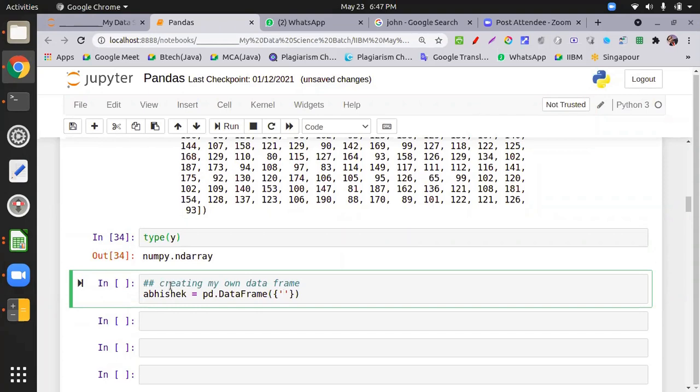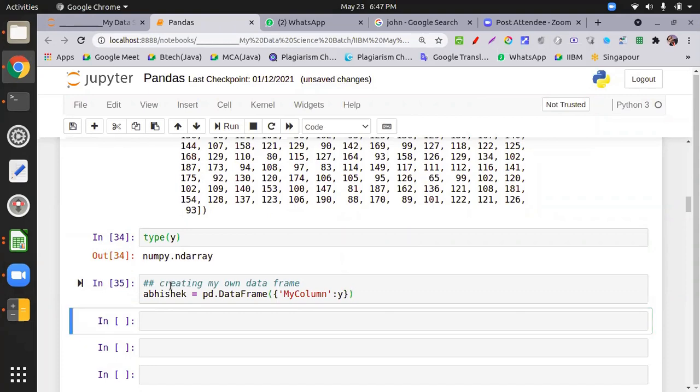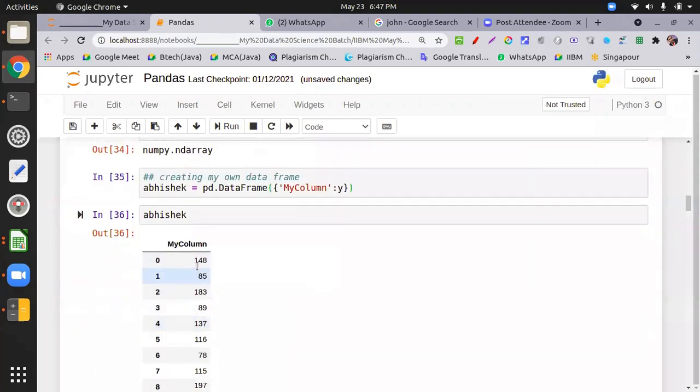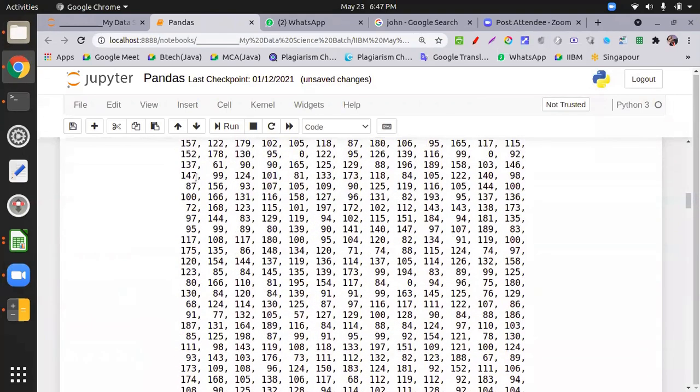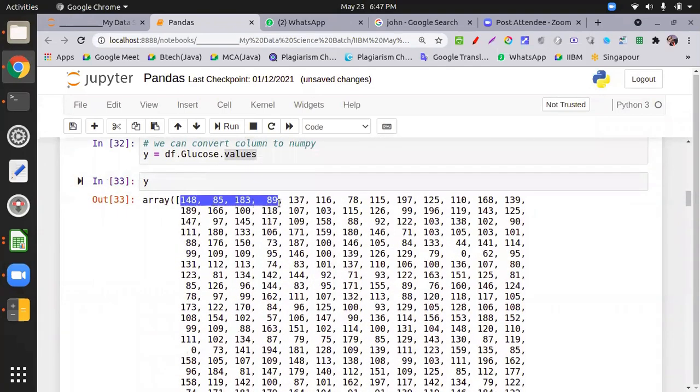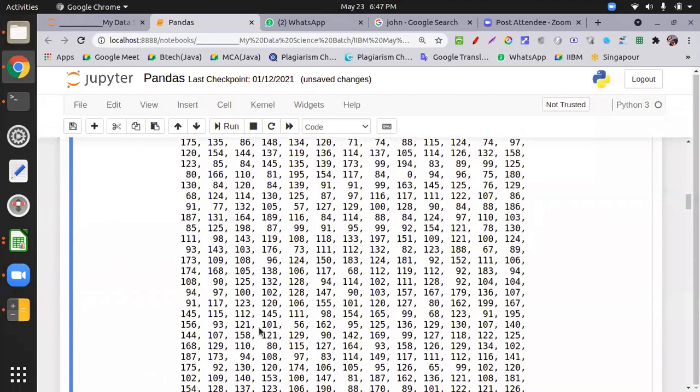Let my column be, then I put y. Check this one: all the values, 148, 85, 183, are now arranged sequentially in the data frame.